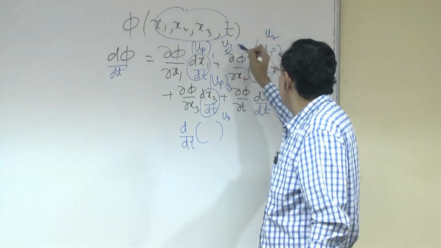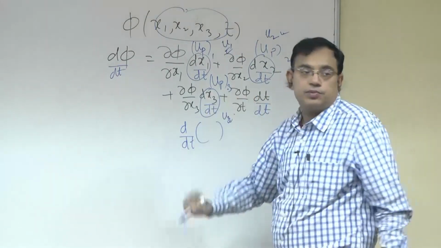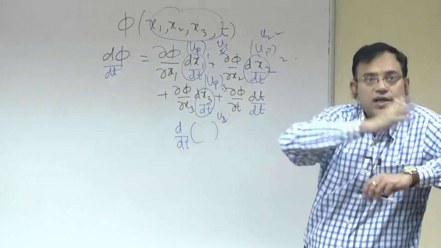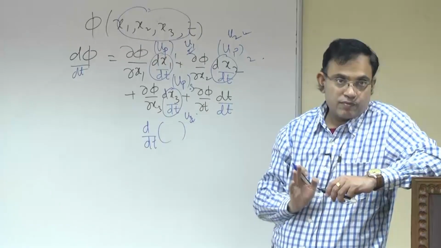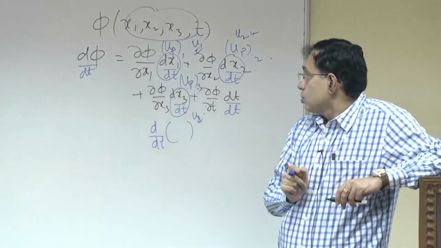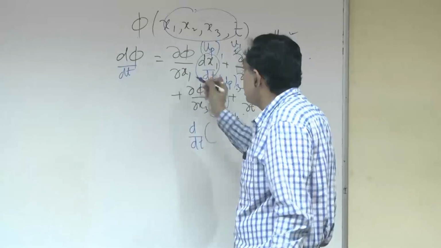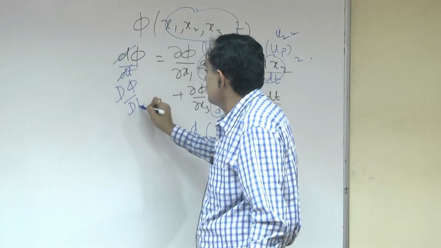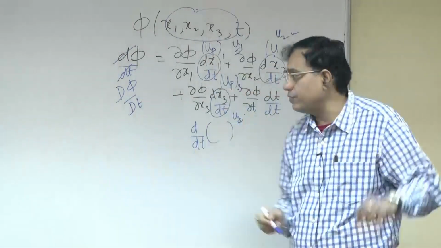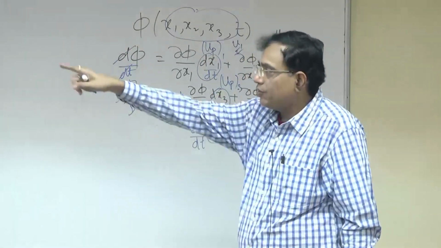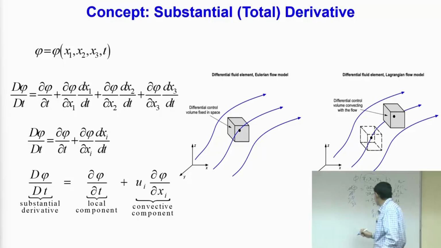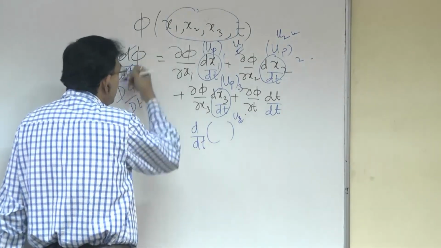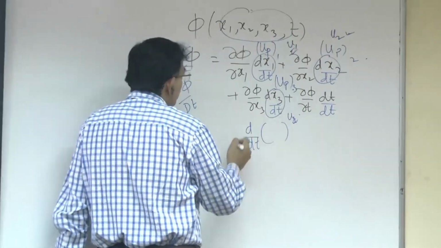These u1, u2 and u3 are Eulerian descriptions, but when the particle coincides with that point, the Eulerian and Lagrangian descriptions merge. That is the basic concept. Because you are mixing the Eulerian and Lagrangian, instead of this d dt we will use the capital D dt, because we are describing it through an Eulerian variable. So we can isolate this operator and write D dt of anything, this phi, as u1